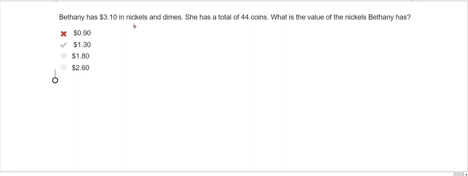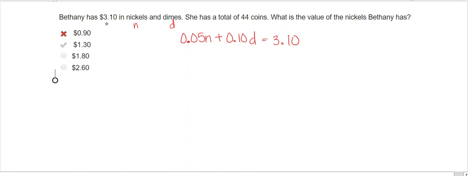So I'm going to use N for nickels and D for dimes. We'll get real creative here. So the first example, $3.10. $3.10 is equal to the number of nickels she has and the number of dimes she has. Remember, the nickels are worth 5 cents and dimes are worth 10 cents. So if I take a number of nickels, oops, I used X, that's habit. The number of nickels times 0.05 and the number of dimes times 0.10, I should get $3.10